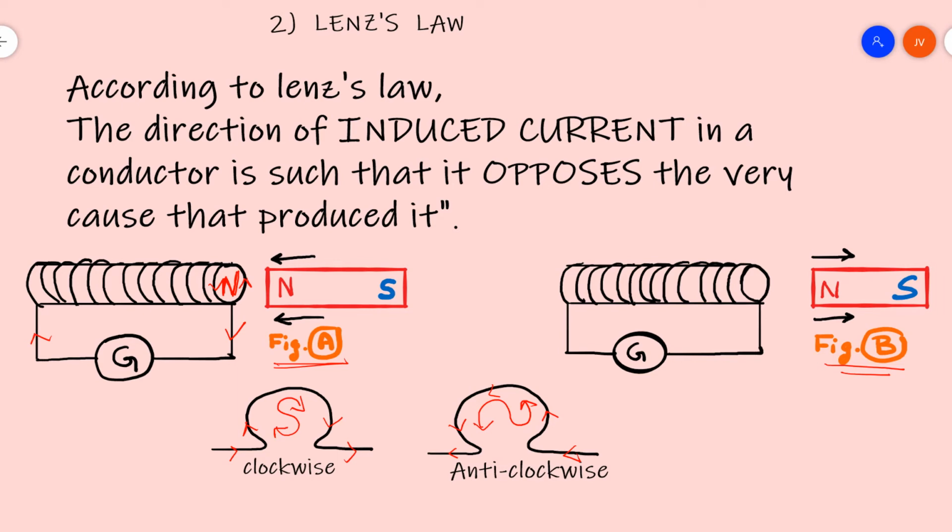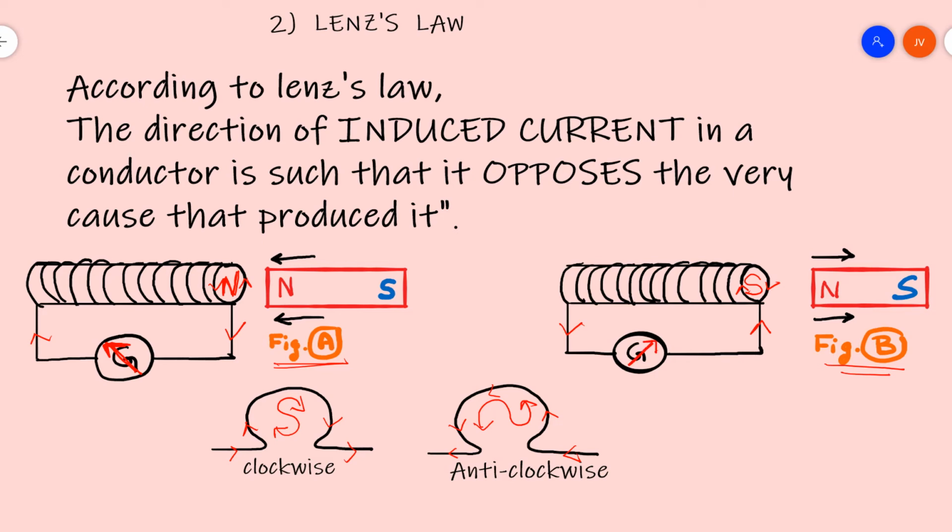As long as the magnet is moving, induced current is there. So if the magnet moves away, then also induced current will be there, but the direction will be completely opposite. If the north pole goes away, instantly the loop acquires a south pole. As a result, the current in the loop will be clockwise, and the direction of deflection of the galvanometer will instantly change. Say in figure A, the arrow of the galvanometer was in one direction. In figure B, the arrow of the galvanometer will be in the perfectly opposite direction.